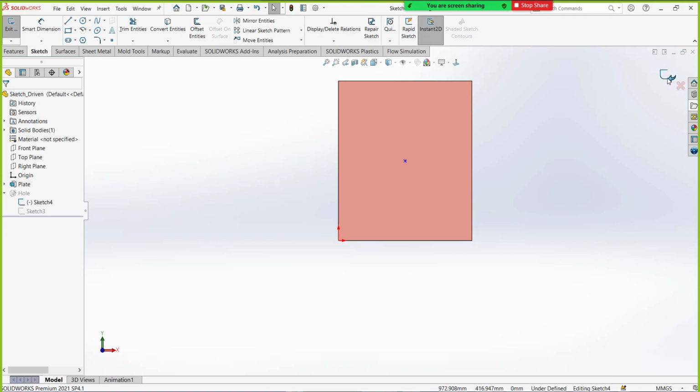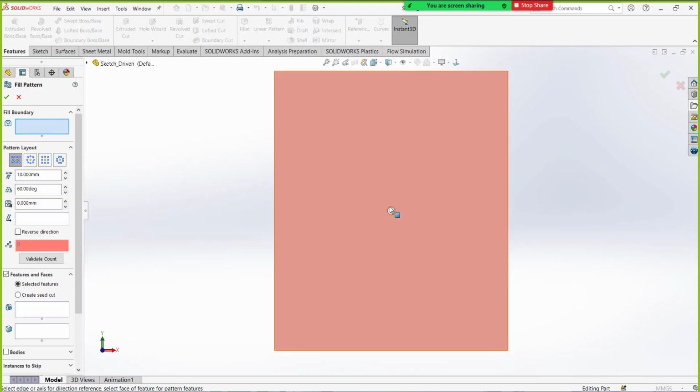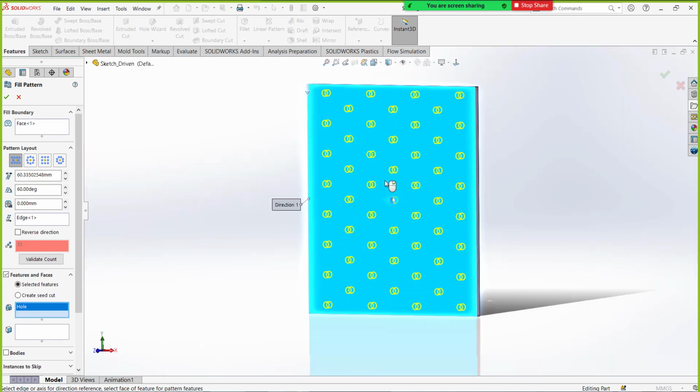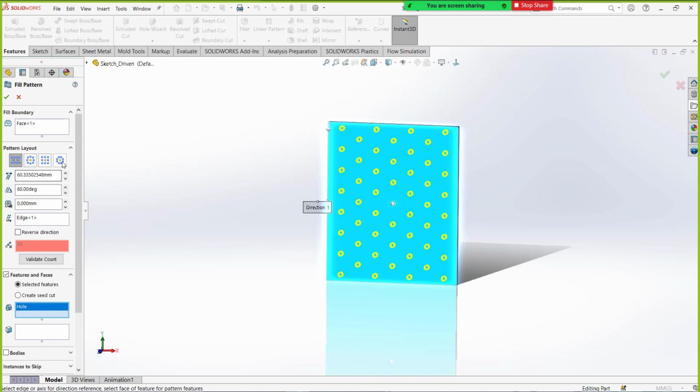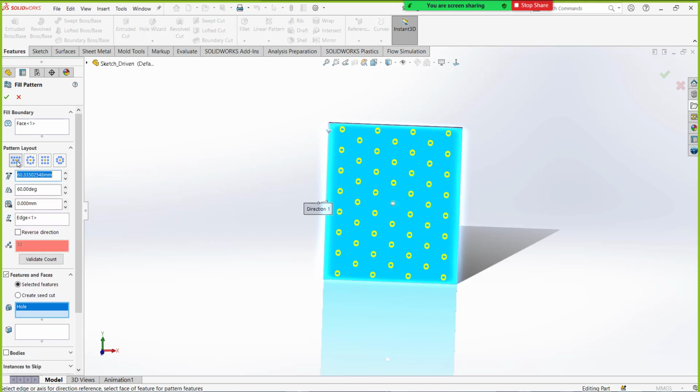Okay, once you are done with this, you can utilize the fill. So the feature is this, the boundary is this. And the feature is this cutout, and you can define the dimensions accordingly. You can see, this kind of structures you would have seen on ventilators and ACs and all, right? Fridges and TVs, sound boxes and all. So you can use all these options, the different types are there. Accordingly you can set up your patterns.